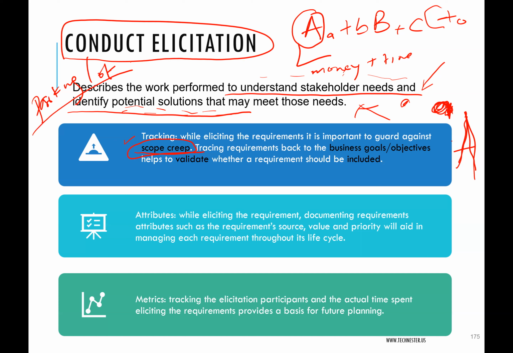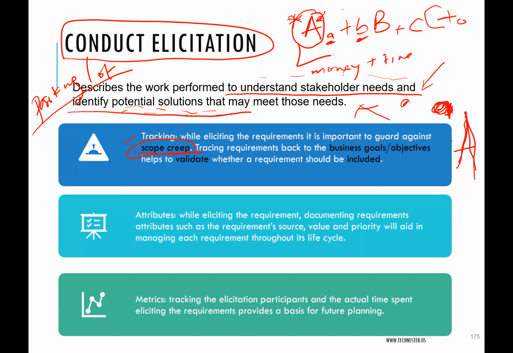So you hear BA say, oh, we'll put that in a parking lot, or product people say, we'll put that in the parking lot for now, right? You document those requirements. They are good, but they are not part of what you plan to do now. What you want or what you have gotten approval for is A. So any small A will take out of your resources. When somebody adds a small B, it's also taken out of your resources. Somebody adds a big B. If you allow all this, you will not get enough chance to do your A. You don't have enough resources to do your A.